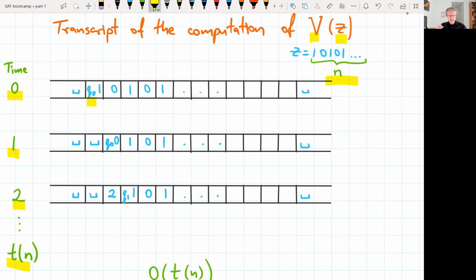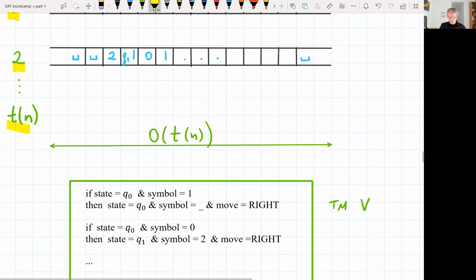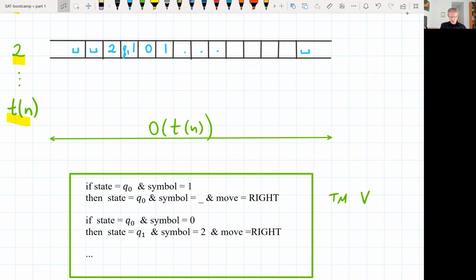And I put both the state and the symbol on the tape into one cell. I think of this as a generalized tape symbol. And then the rest of the tape contains symbols like 0, 1, 0, 1, and so forth. And let's say the machine's program is like this, which says that if I'm in state Q0 and I see 1, then I erase the symbol, keep my state to be Q0, and move to the right. And if I'm in Q0 and I see a 0, then I replace the 0 by a 2, change my state from Q0 to Q1, and still move right. And these two